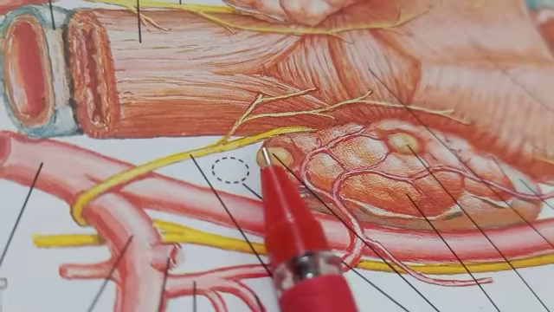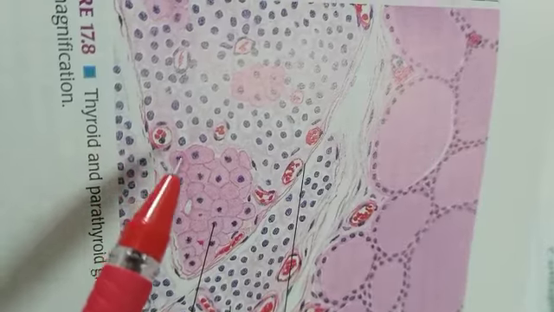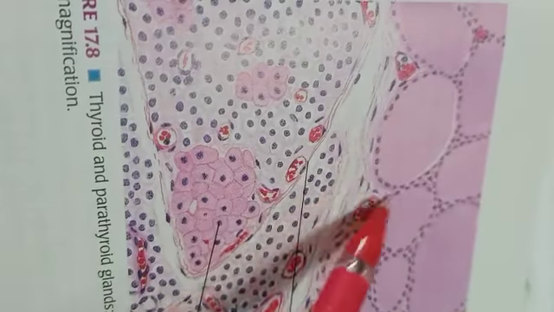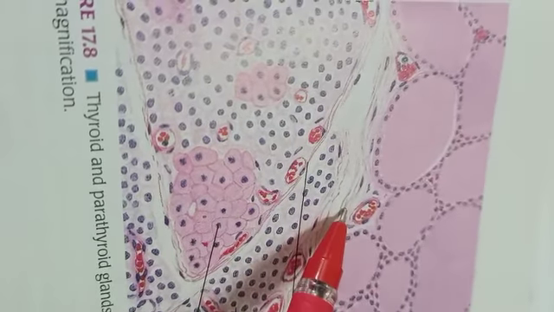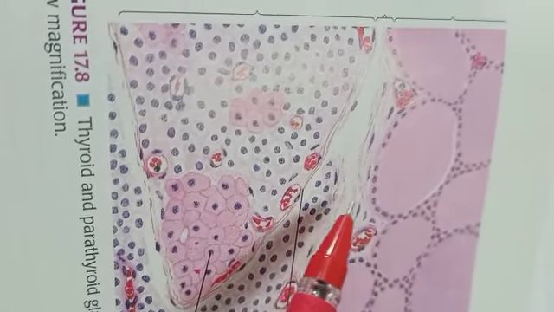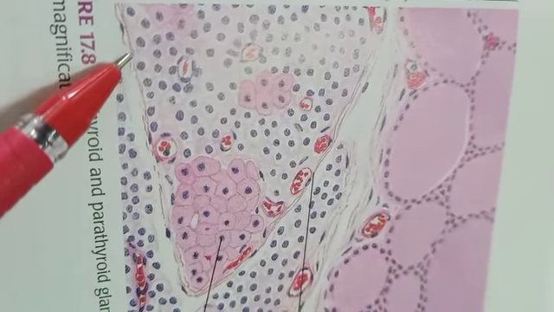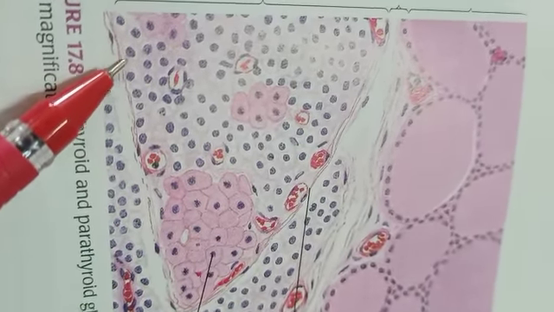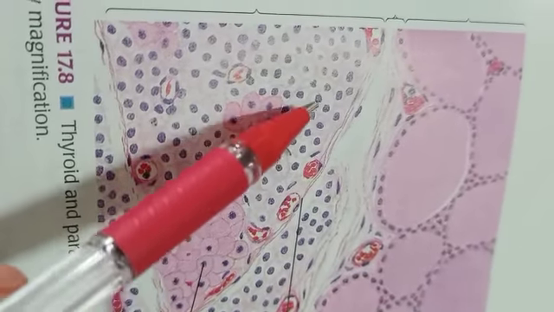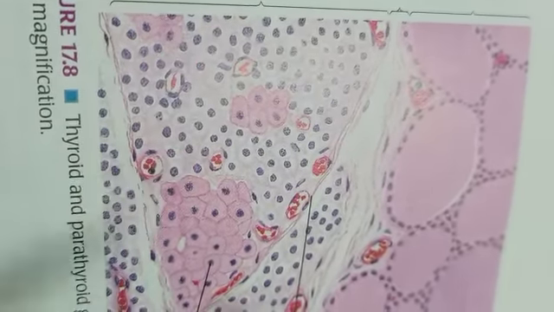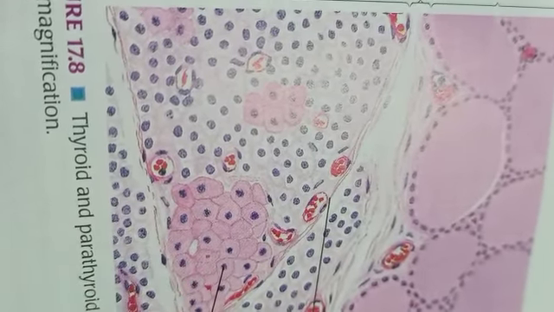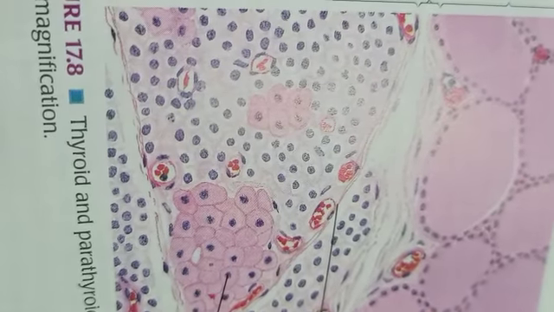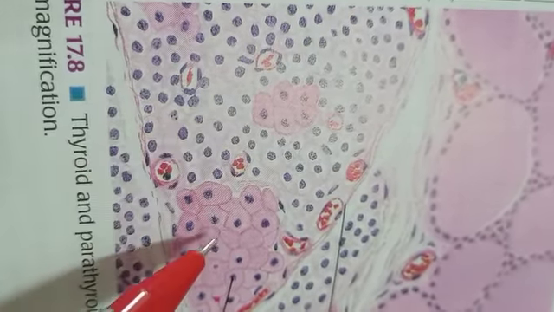Then coming to the histology of the parathyroid gland. This picture shows the histology. This is our thyroid gland. We can see the thyroid gland and parathyroid are separated by the true capsule. This is the parathyroid gland, and it comprises two types of cells. Here we can see numerous cells known as chief cells, and also large pink cells known as oxyphil cells. So two types of cells can be seen in the parathyroid gland: chief cells and oxyphil cells.